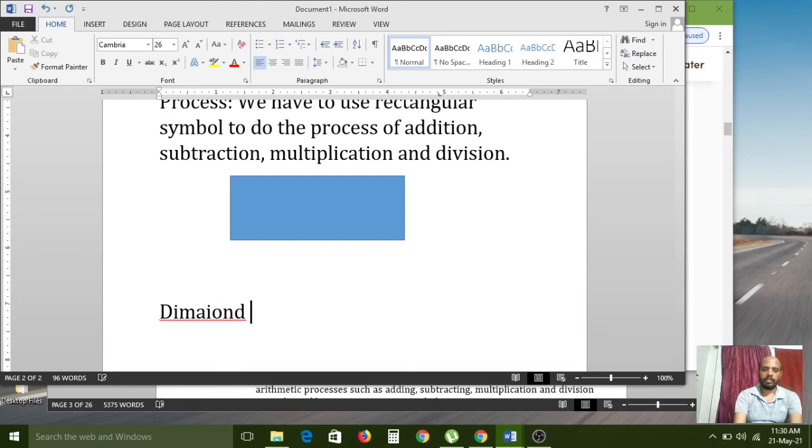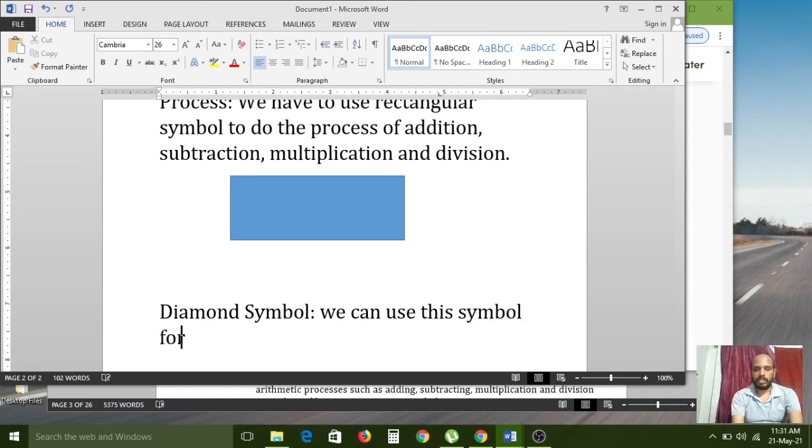The diamond symbol we can use only for taking decisions.